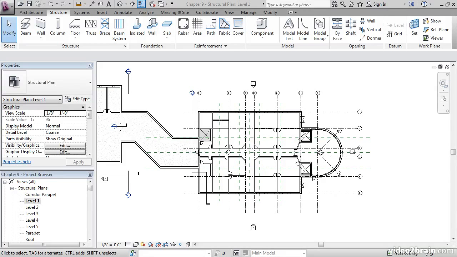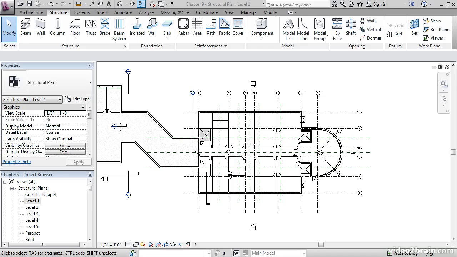In this lesson, we're going to learn how to add piers, strip footings, and spread footings. Strip footings are linear footings that go under a wall, and spread footings are rectangular footings that go under a pier, pilaster, or elevator foundation. Both behave the same way in that they are physically dependent on either a wall or a column as their